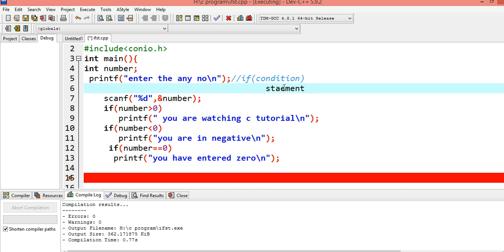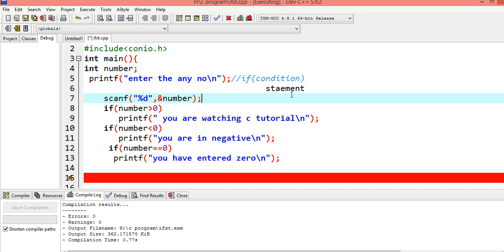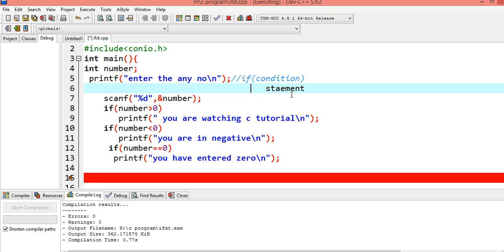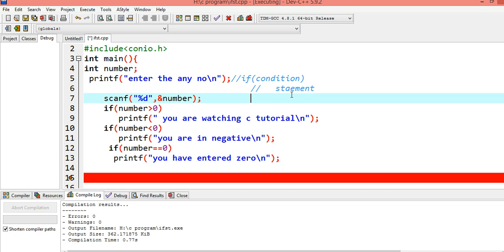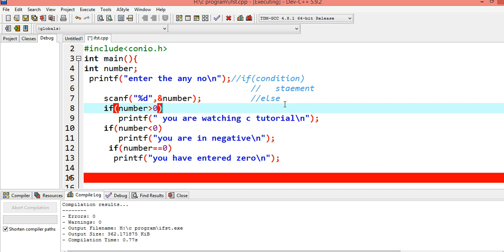If not true, then the other one. If else, so we have to use else here. So else, this statement will be executed.